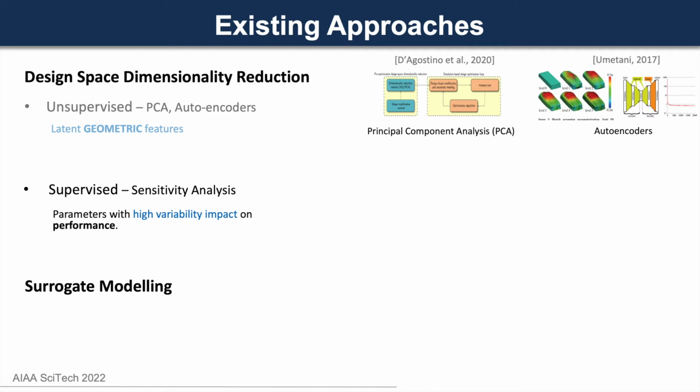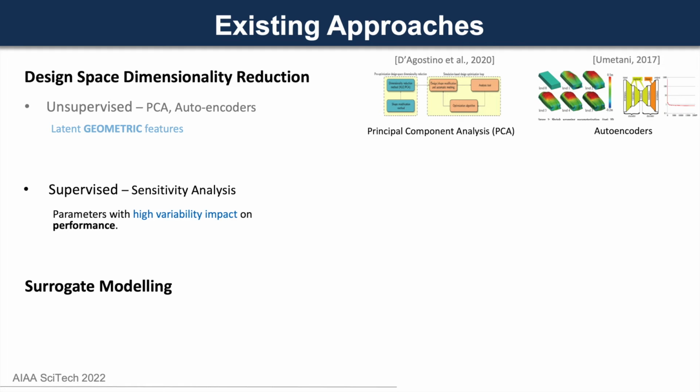There are also some supervised approaches such as sensitivity analysis. In sensitivity analysis, we try to learn the sensitivity of the parameters towards the quantity of interest, such as any of the performance criteria, and we learn which parameter is more sensitive. That means these parameters are highly significant towards the quantity, and we only use those parameters to construct a